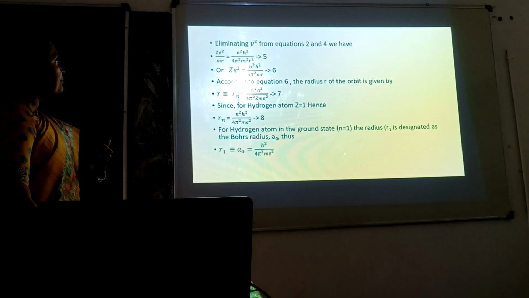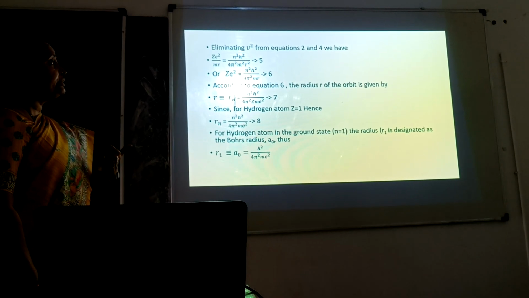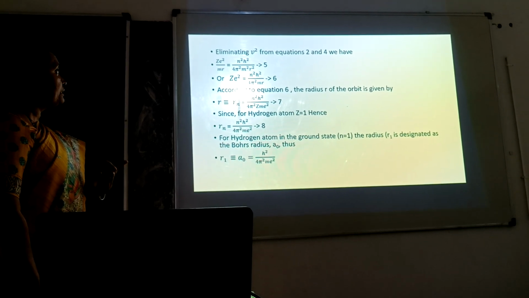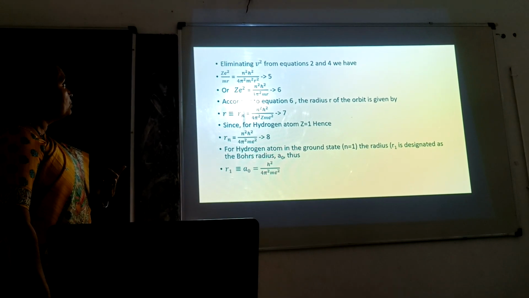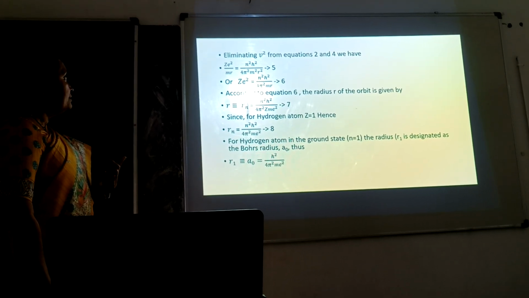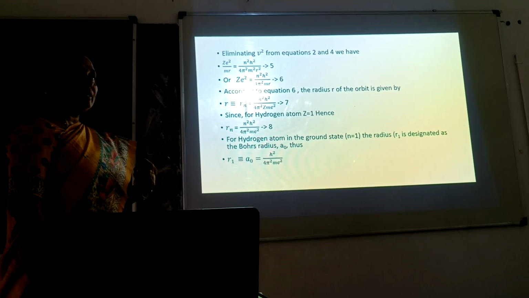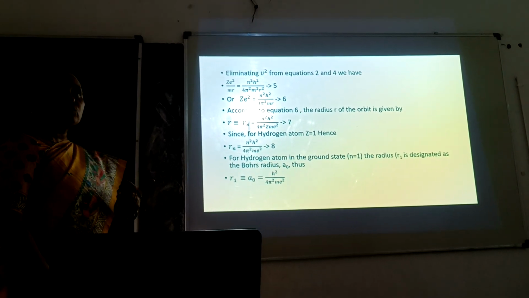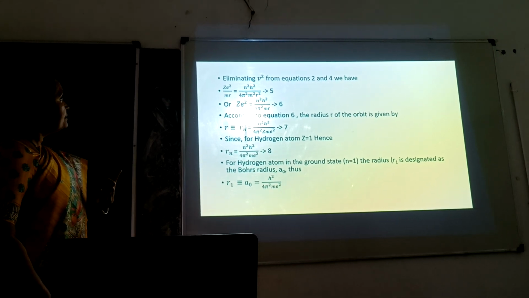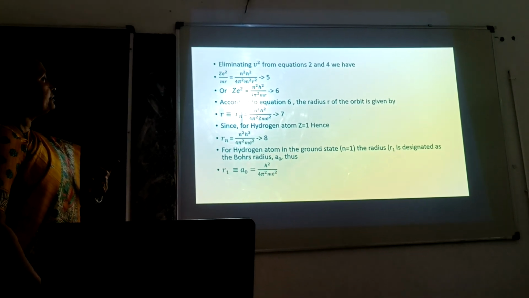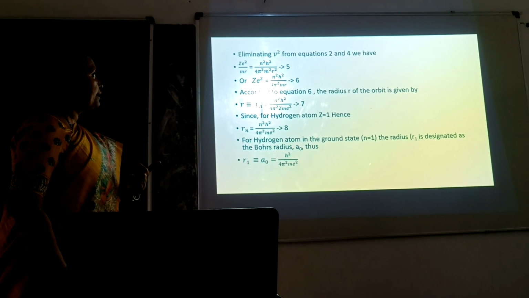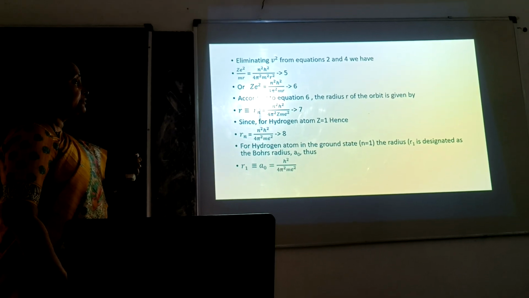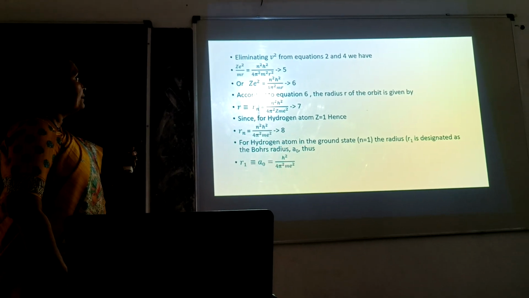Next, I am going to eliminate v squared from equations 2 and 4. When I remove this, the expression will be Ze squared by mr equal to n squared h squared by 4 pi squared m squared r squared, or r will be given as n squared h squared by 4 pi squared Z m e squared. So this is equation 6, and according to equation 6, the radius r of the orbit will be given as